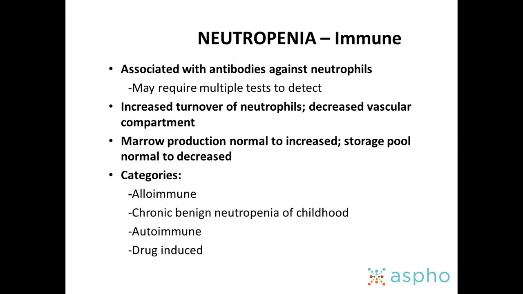All right, so immune. There are all kinds of immune things that can cause neutropenia, which is basically anything that can create antibodies against neutrophils. When you have an infection, that's a good opportunity to create an antibody response. Or if you have autoimmune disease, it can look like an infection. Or if you're getting drugs, that can create an antibody response to neutrophils. So there are lots of things that can lead to neutropenia in the setting of new immune challenges.